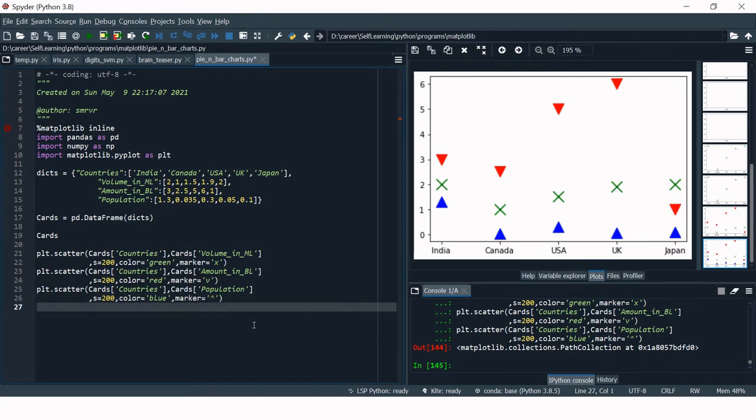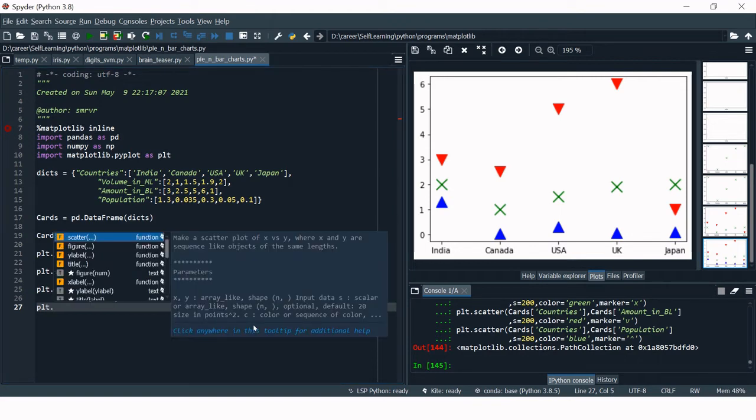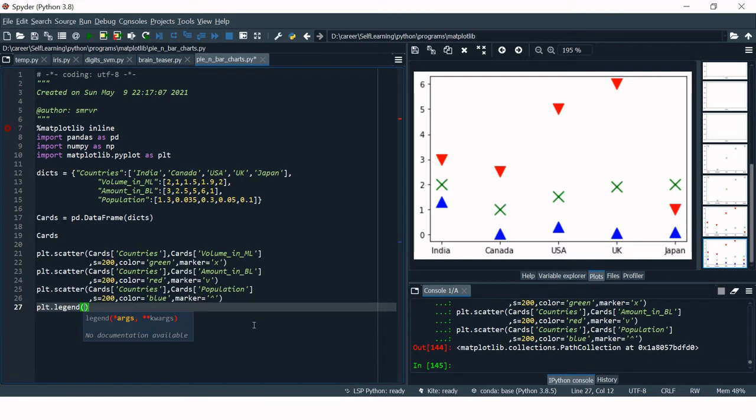Now let's see how we can add the legends. For that, you just need to do plt.legend, and into this you can supply the list of legends. For example, volume in ml, then amount in billion. It will automatically name the colors and shapes, then the population.